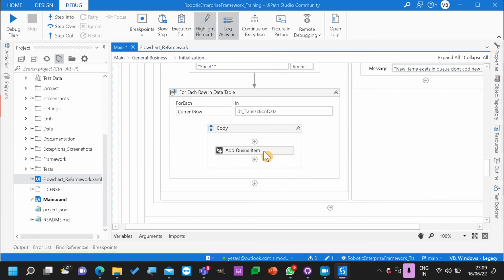Now I can go ahead, have a breakpoint, debug file. See, we will be progressing with our solution step by step. It's not like I will use only this activity and it will be completed. For every situation, there is a logic. For every logic, there is an activity.